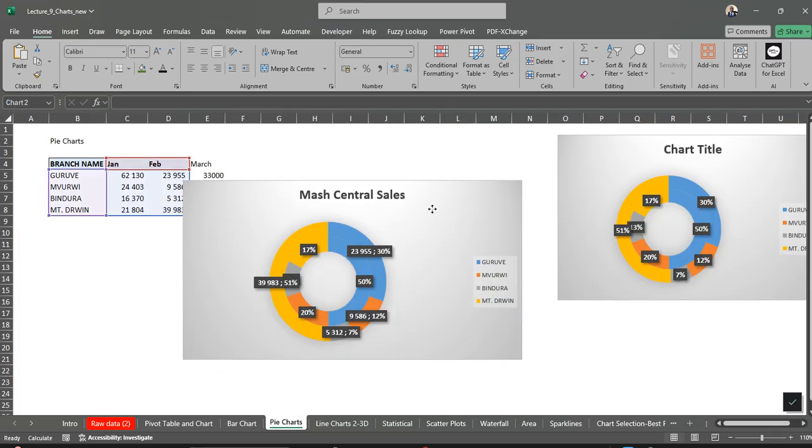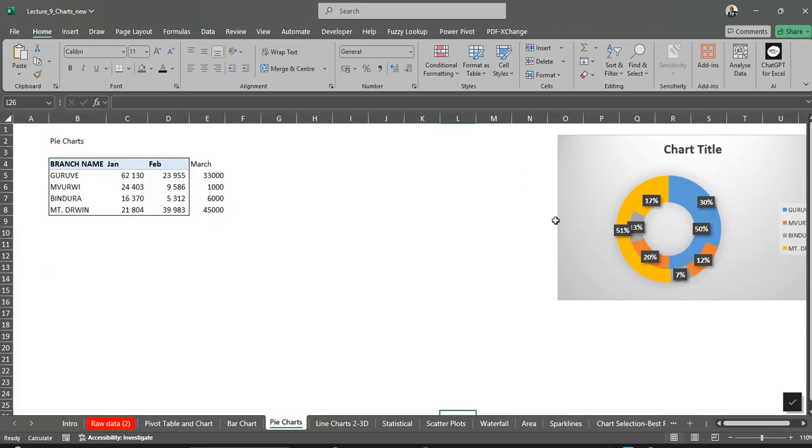Then on pie charts and the donut charts. Assuming you have a shop that has branches in Buruwe, in Vuru, Bindura, and Mount Darwin, and they have sales for January, February, and March, and you want to visualize that. Okay, so I will do it stage by stage. So at first,